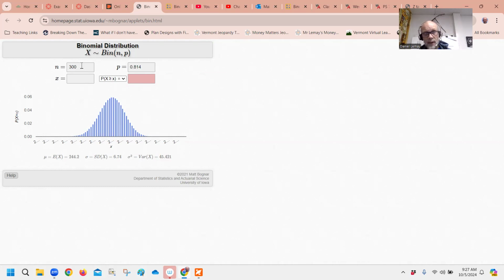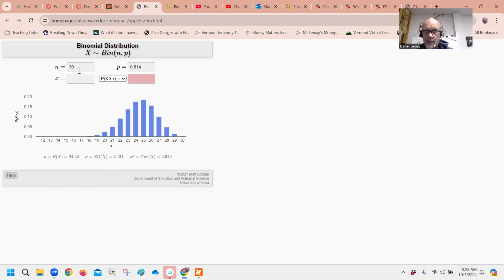What happens if they only gave me a sample size of 30 with this? Well, let's see. You see how with a sample size of 30, it's not looking symmetric anymore. It's looking kind of skewed. So one thing you can do to check is here, I guess I'm going to pull up